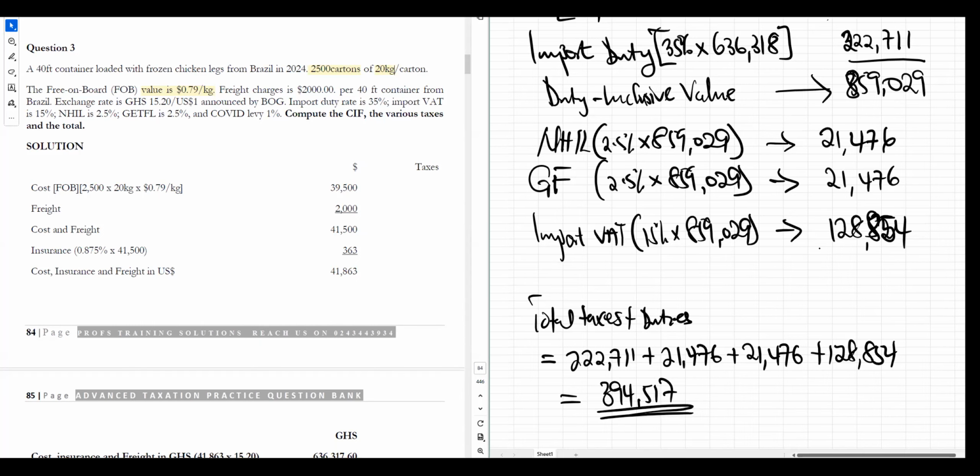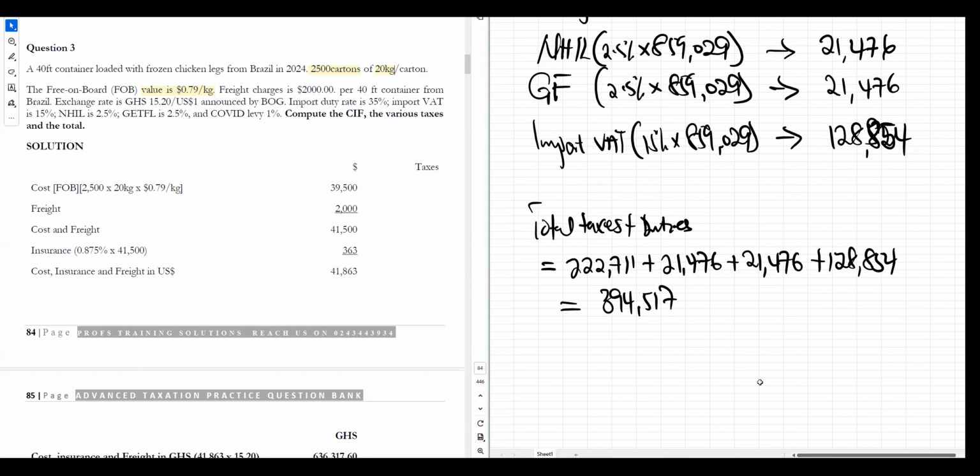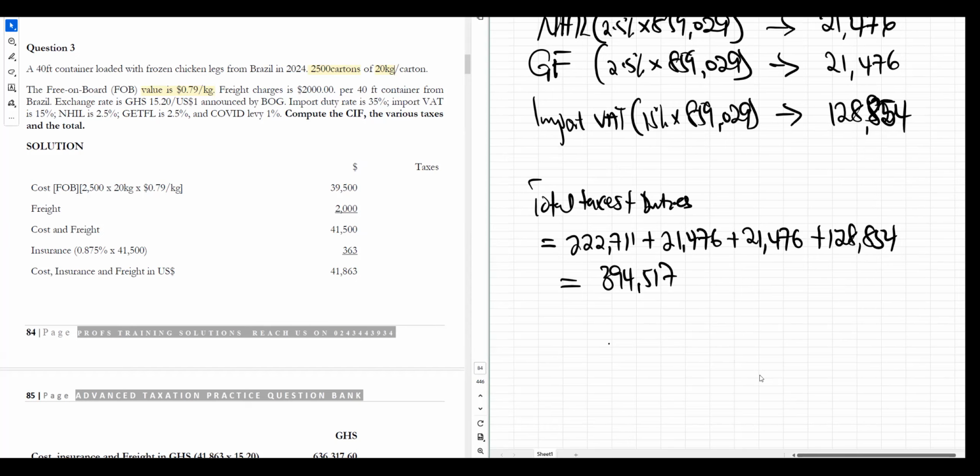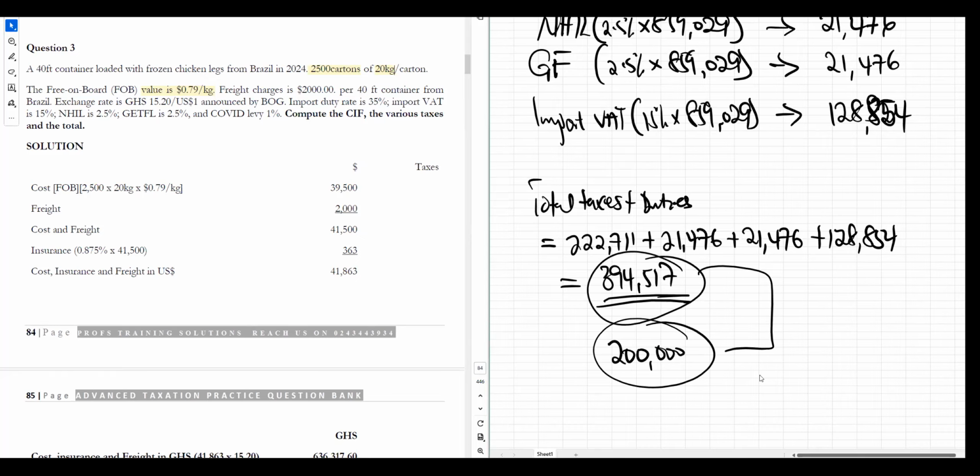Let me show you something. What if the taxpayer had declared a total duties and VAT of 200,000? It means he has done under-declaration, true or false? True. He said he paid this, but when we computed it, it means this. That means he has an additional 194,517 to pay to GRA. Yes, and this is the audit. Now that you guys are not babies anymore,